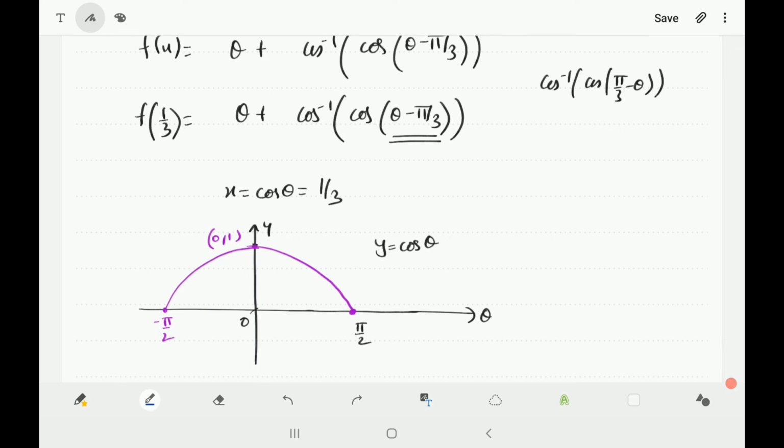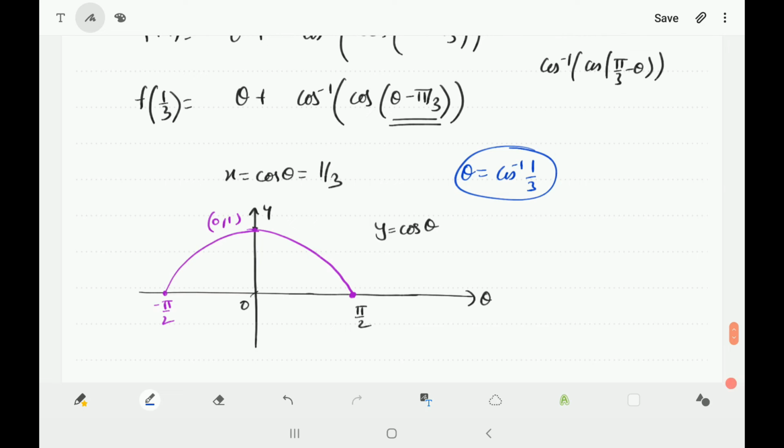Now I have to find the value of theta, which is cos inverse 1 by 3. And I need to check whether cos inverse 1 by 3 is greater than pi by 3 or not. Okay, it is quite simple. You can check it from the graph also, or you can directly check it also. I'll just show you both the methods. You already know that 1 by 2 is greater than 1 by 3. Is this clear? Because 1 by 2 is 0.5, 1 by 3 is 0.33. And cos inverse is a decreasing graph. So cos inverse of half will be less than cos inverse of 1 by 3. And cos inverse of half is 60, so pi by 3 will be less than theta.